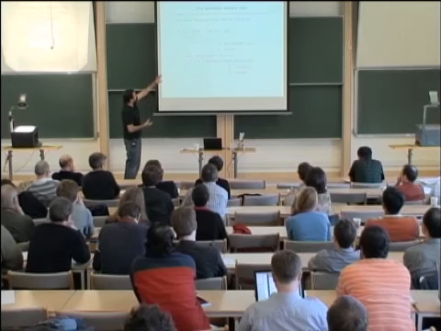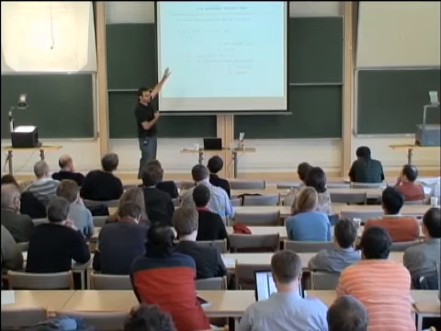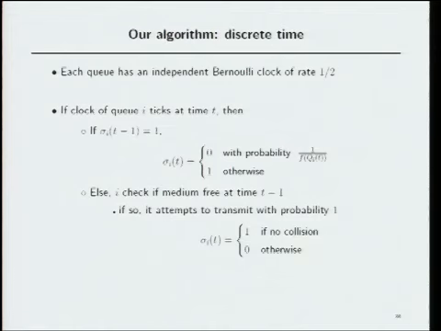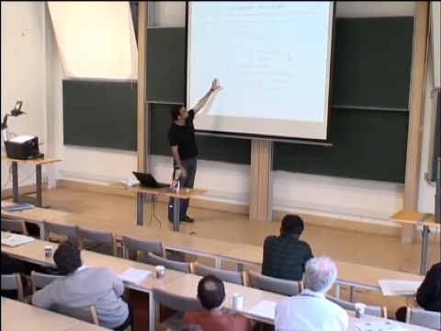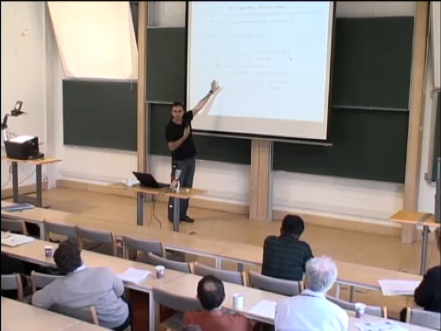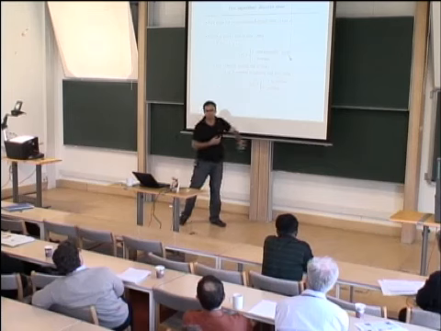So just like before, if you were transmitting in the previous time slot, then you will continue transmitting with high probability, but with probability 1 over a function of your queue size, you will decide to leave the medium, as in not transmit in this time slot. Otherwise, you will see if the medium was free in the previous time step, meaning nobody who was contending with you was transmitting. If not, then you will transmit.